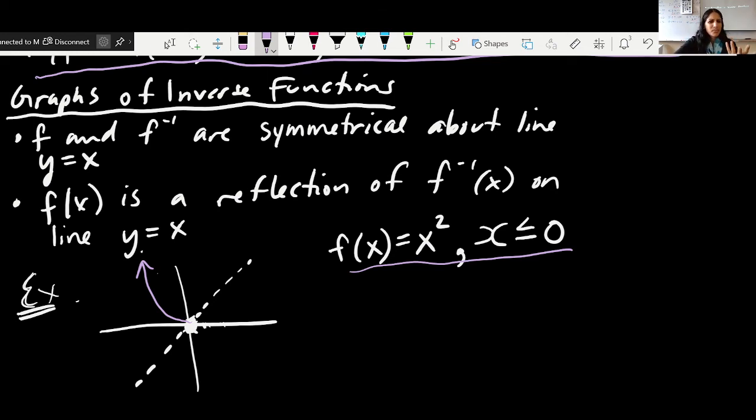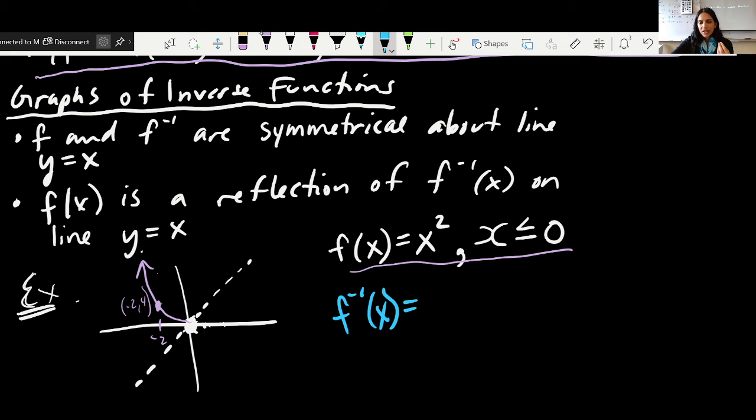I'm going to pick some point on here. I'm going to say that's -2. Then we know that that point there clearly would be 4. So -2, 4. I'm doing this for a reason. If that's the case, then my inverse,